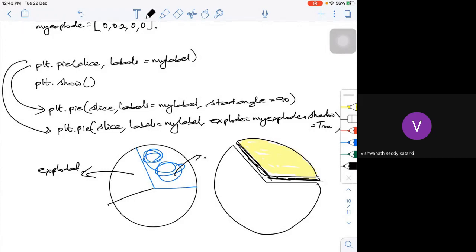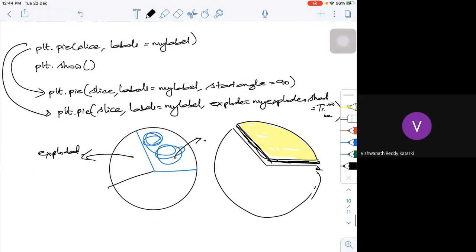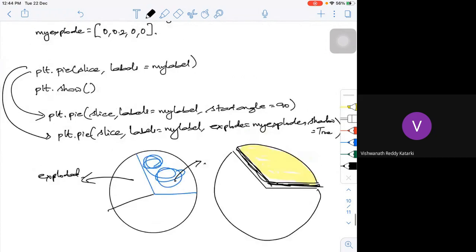If I don't define anything, it will take some default colors. Or you can define the colors. This is the colors I want. See, you can give the color option. As I told, red, green, blue, yellow, pink, all those things you can give.